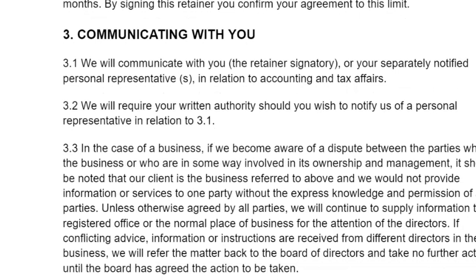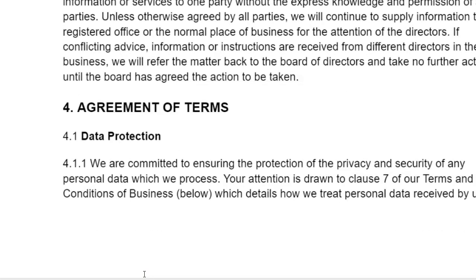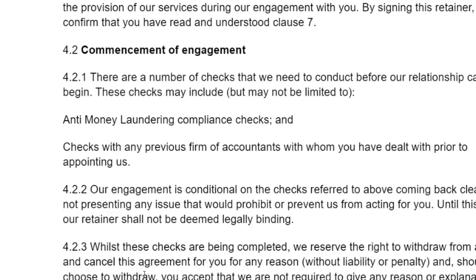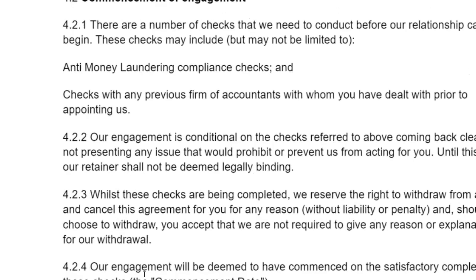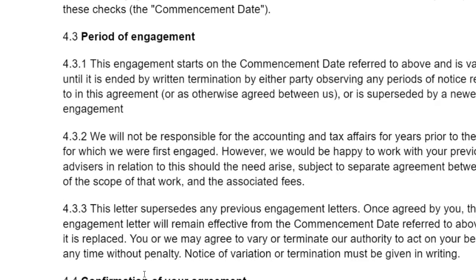Communication with the client. How do we communicate? Would it be via email? Would it be in-person meetings that you might have every quarter, yearly meetings? And then if there is any designated person that you have to communicate with. Now we go into agreement of terms, data protection, commencement of engagement, including, of course, the anti-money laundering checks or due diligence checks, whatever you need to perform, or perhaps a credit rating check if you have certain services related to that. Then, of course, the period of engagement, if it's short-term, say 12 months on a rolling basis, or